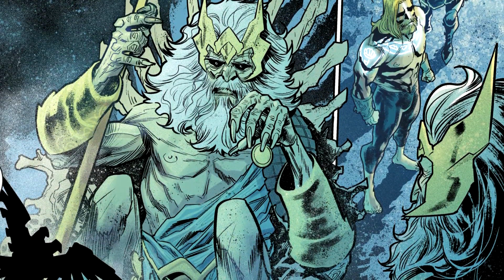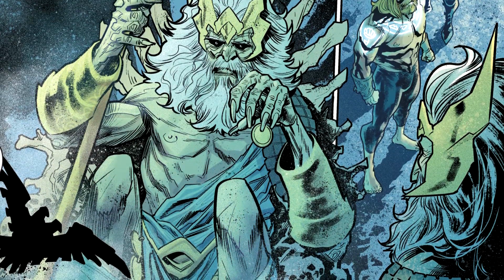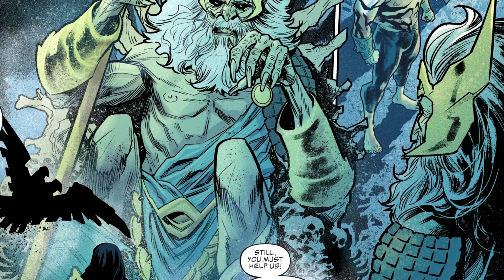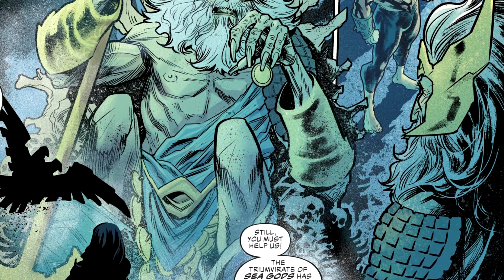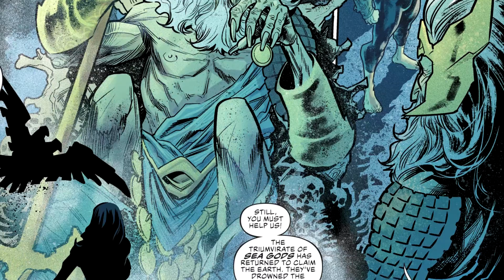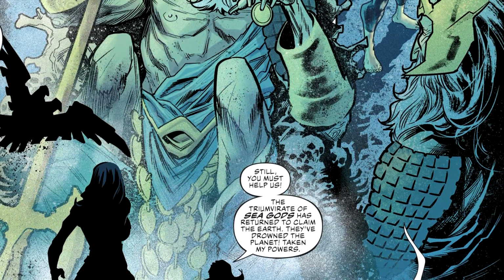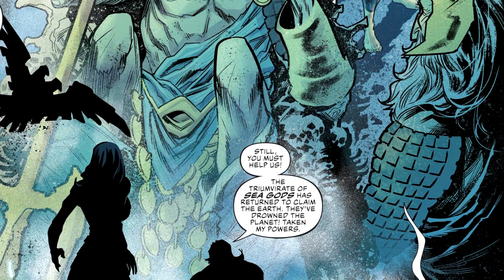That's the thing. The Tear of Extinction kills a god, and yet it kind of doesn't. What it does is send them to the graveyard of the gods. It's an incredibly crazy prison, and you have to imagine, if Poseidon has only been there for a few days and he's already this withered and broken, imagine what it did to the Triumvirate. They were locked in there for